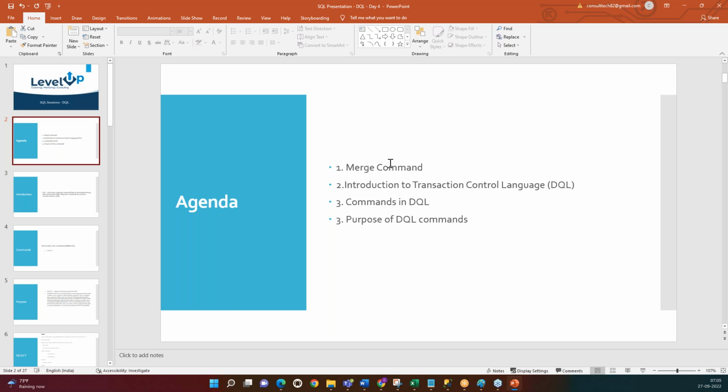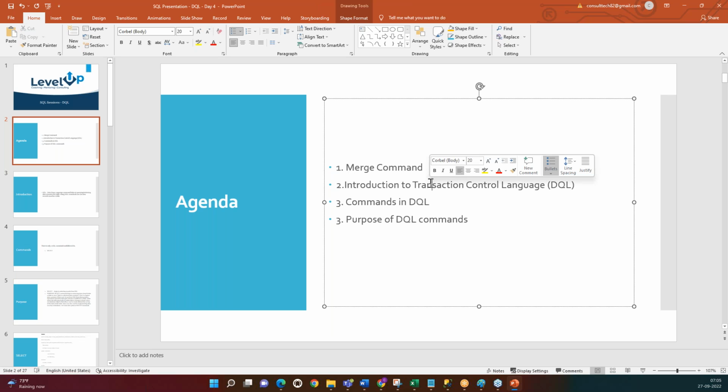Okay. Today, like I said, merge, I'm not going to talk about it. Merge will come during the if-else conditioning. Today we are going to do the data query language. What is the data query language? Do remember DQL is the important statement that everybody should know and get yourself versed with, because during your data